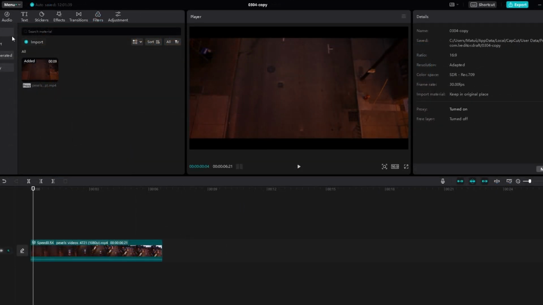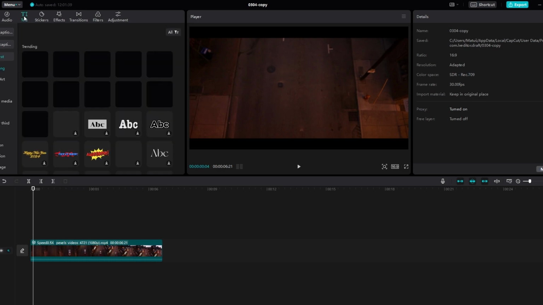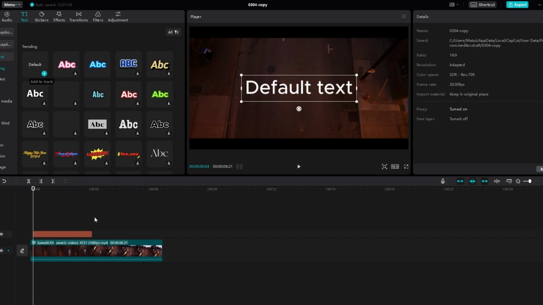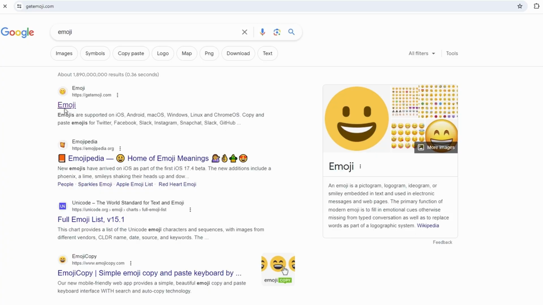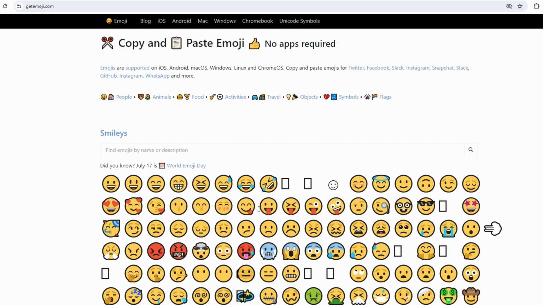Navigate to the Text section. Add default text to your timeline and type the text you want to enhance with emojis. Open a web browser and go to a site like gateemoji.com, choose an emoji,